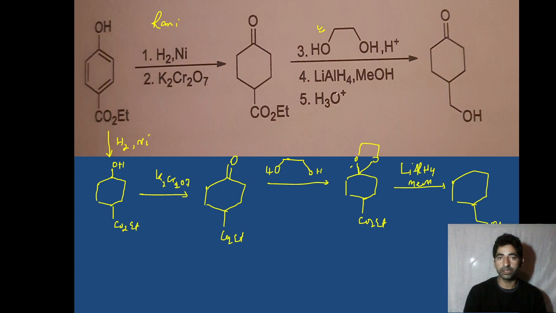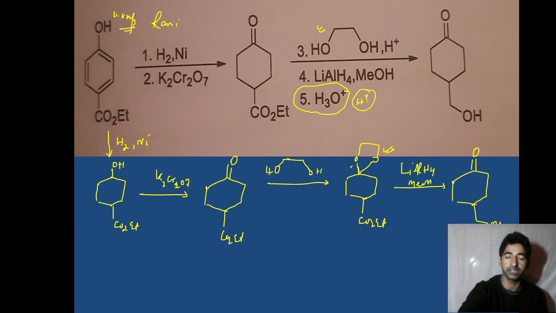So this is alcohol. Now it is treated with this water. So what is the function of this water? That's H3O plus, that's H plus acidic condition. What is the function? Its function is to deprotect it. So it is deprotected, we get the alcohol again back. So that's why this is again a very important question. Hope this question may be asked in near future.